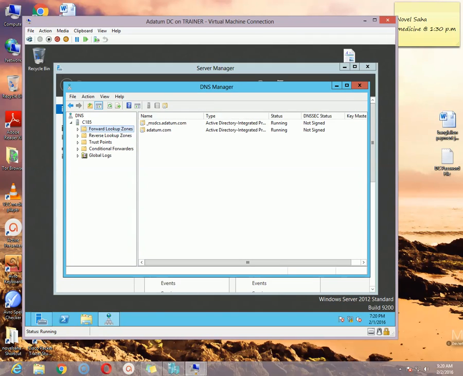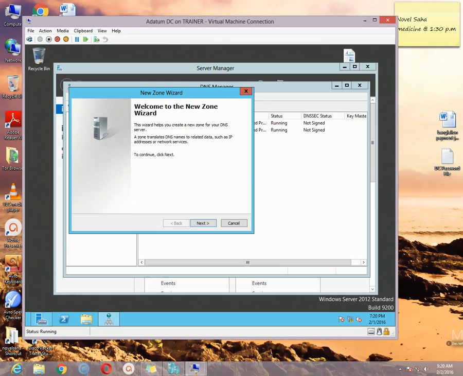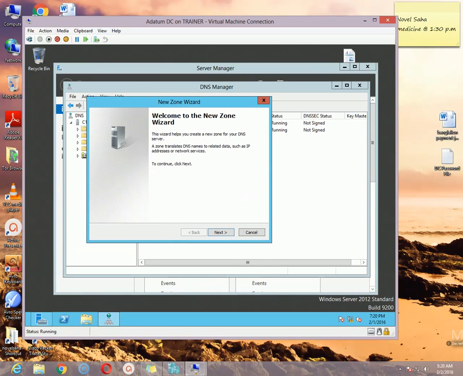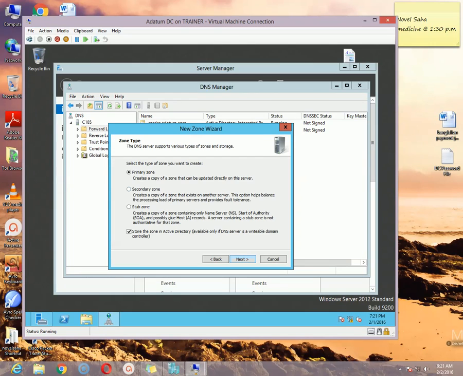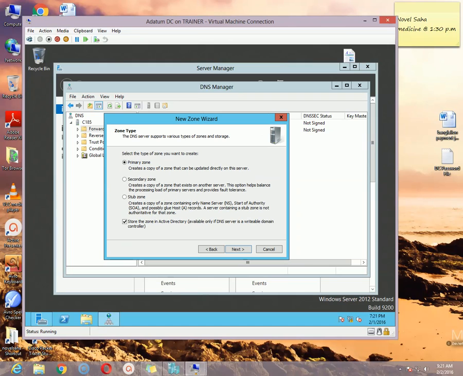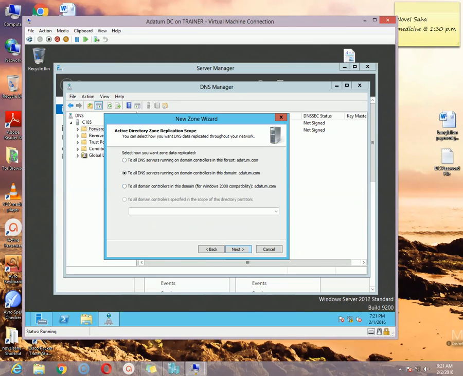When the DNS Manager window comes, create a forward lookup zone. Right click on Forward Lookup Zones and click New, and then click Next. On the zone type page, select the stub zone and then click Next.